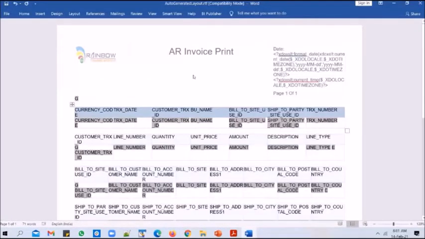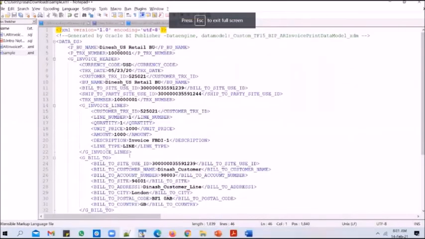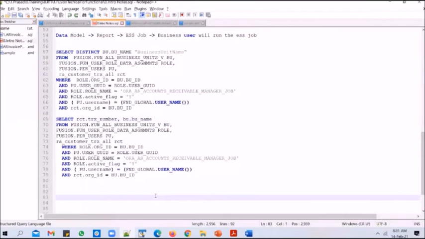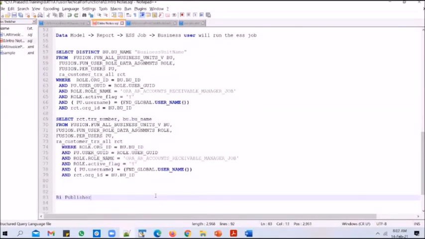So to help you in that scenario, there is a software called BI Publisher Desktop. You can download this software and install it.